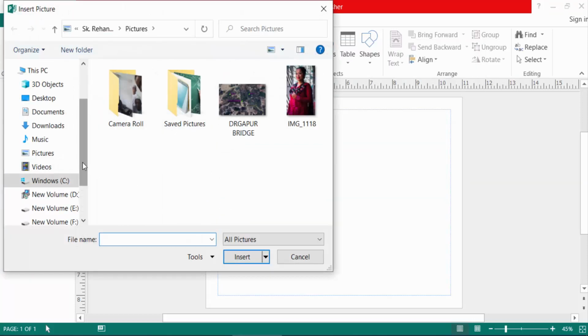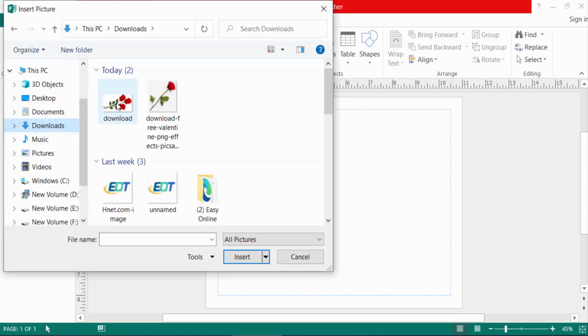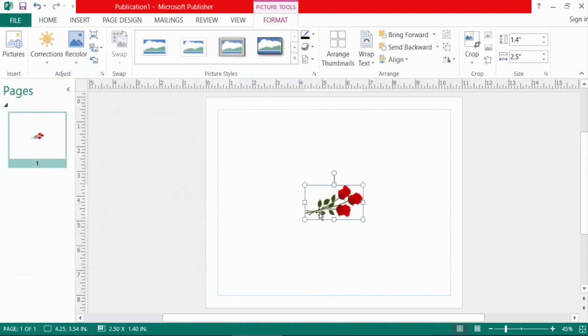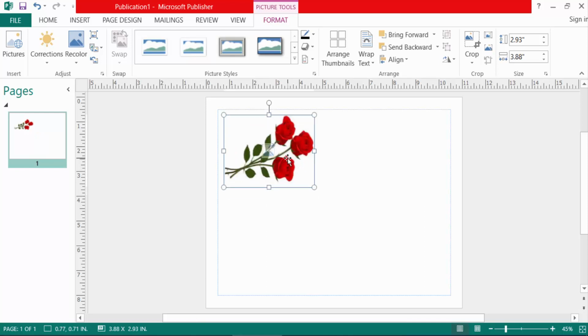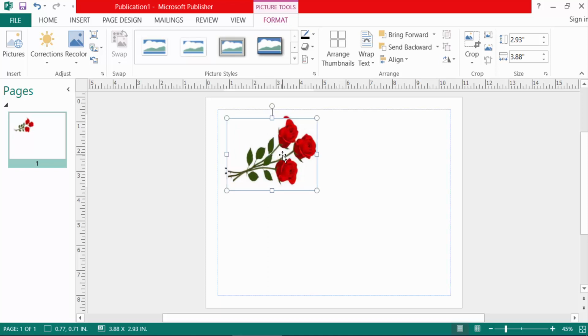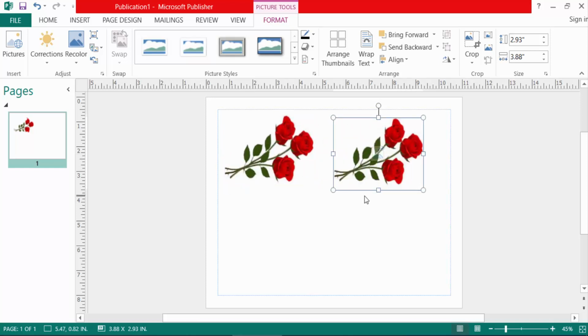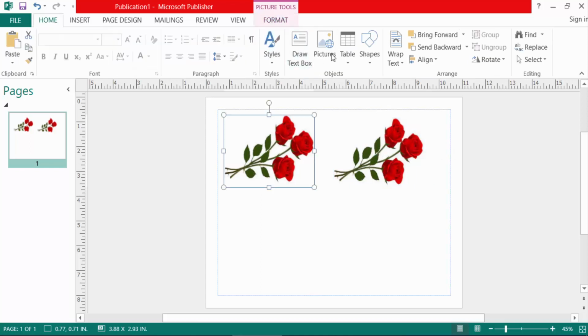Then I go to downloads and I download a picture beforehand. So first I download this picture and then I insert it. I insert this picture and I want to resize it, so I resize it. And now I want to copy this picture, so I press Ctrl C and next I press Ctrl V. My image is copied and I want to mirror this picture, so you can see the Arrange group here